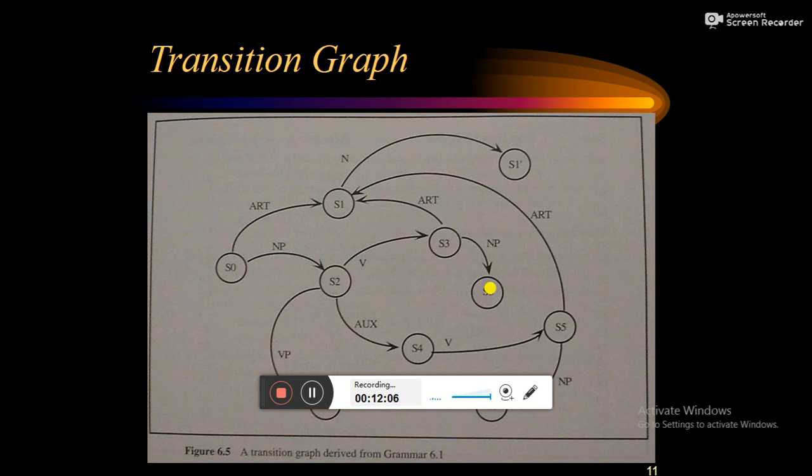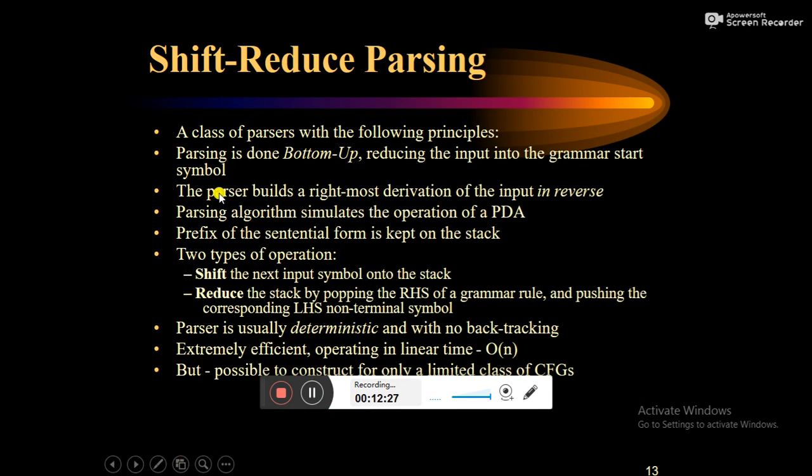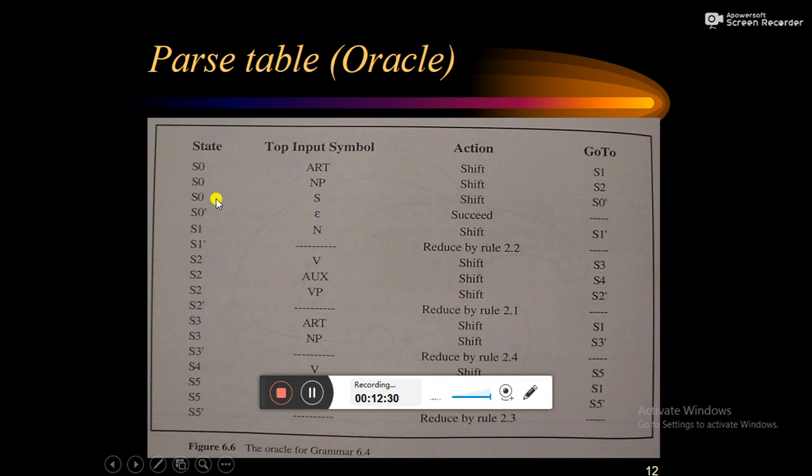It will replace NPVP by S. This is how the reduction operation will be performed. Now from this transition graph, the parsing table is made, called an oracle, which states the action to be performed. It will give you exactly, in whatever state you are,